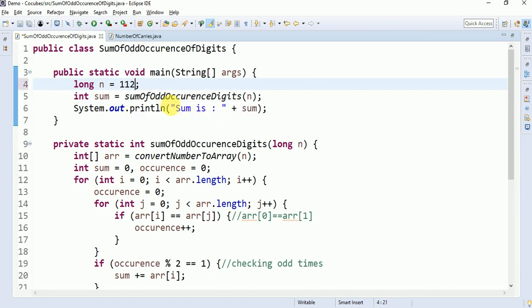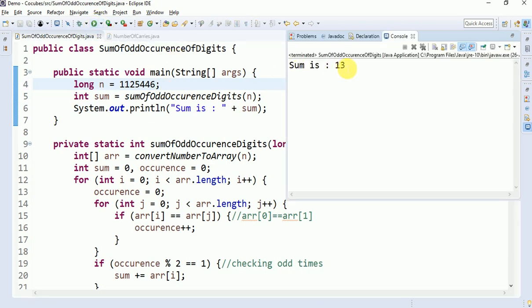So let's take 5, 4, 4, 6. Now what are the odd occurrence digits? 2 is one, and 5 and 6. So 7 plus 6, 13. Let's run and see. So 13 should be your output. Yeah, whatever input you give, it should satisfy.